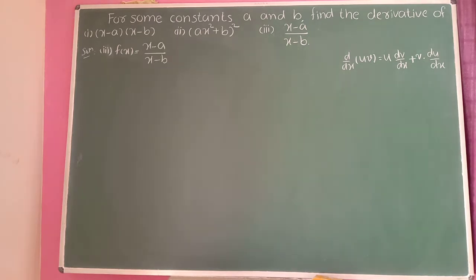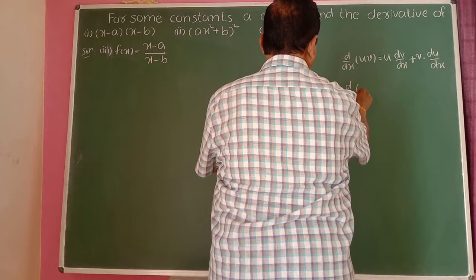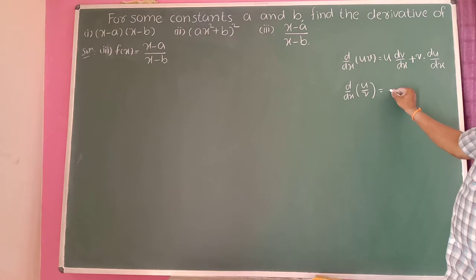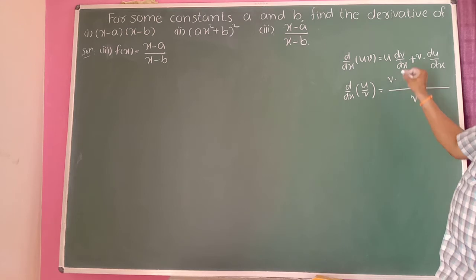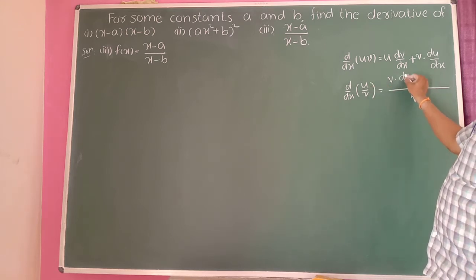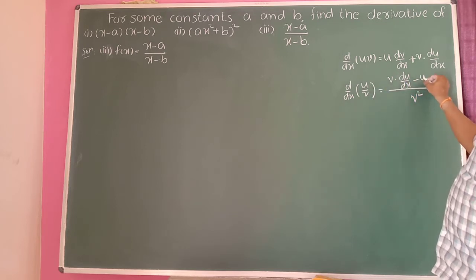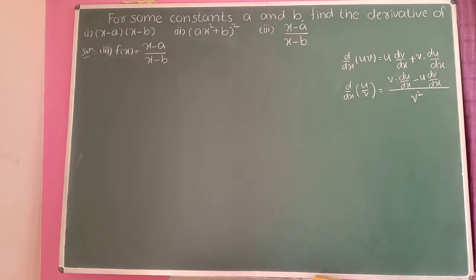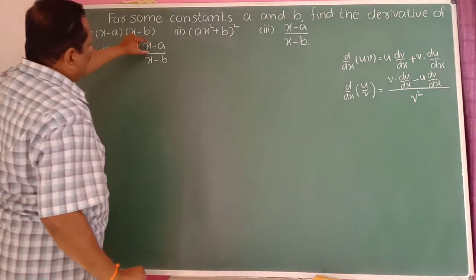The third example, use the quotient formula. So d/dx of u/v is equal to, denominator v is there, so write here v². Then the denominator v keep as it is, differentiation of numerator du/dx, minus, you write u as it is, differentiation of denominator dv/dx. It is called the quotient formula. Therefore this is u and this is v here.